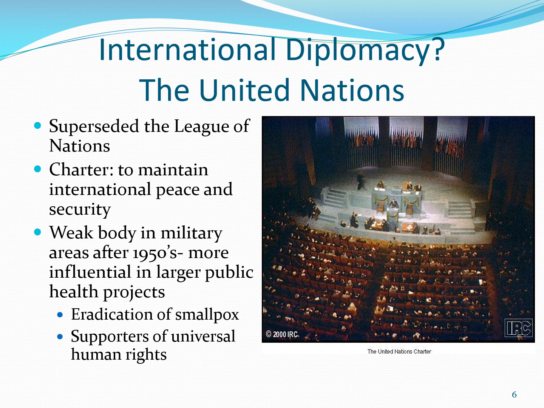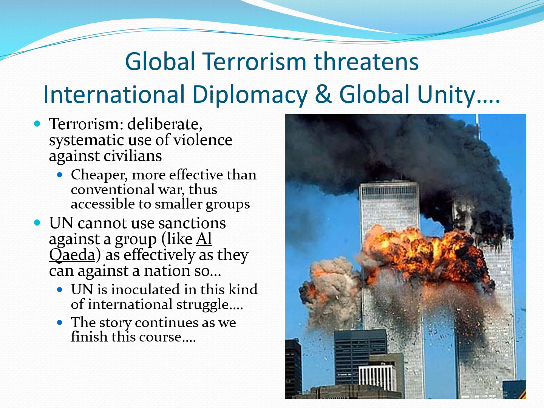The problem is, ever since the 1960s, 70s, and 80s, and especially as we moved into the 90s, global terrorism threatens international diplomacy and global unity. Terrorism is something that is deliberate and systematic. It is the use of violence against civilians largely also. This kind of deliberate, systematic use of violence is cheaper and more effective than conventional warfare, and thus it's accessible